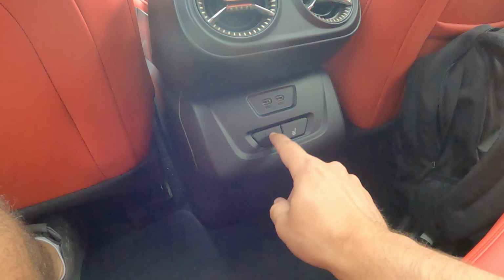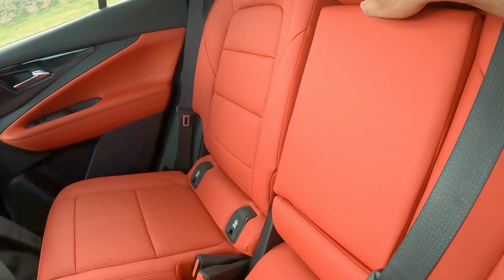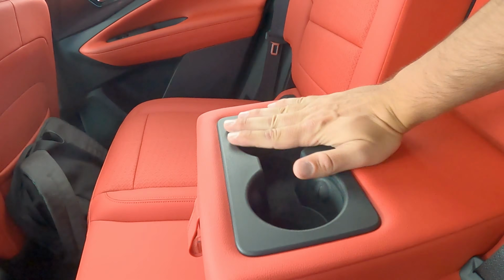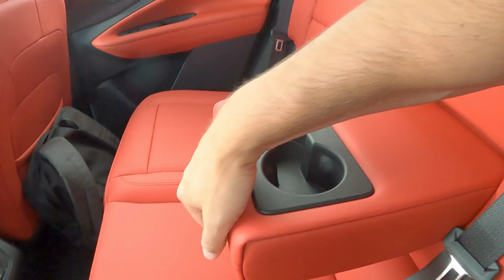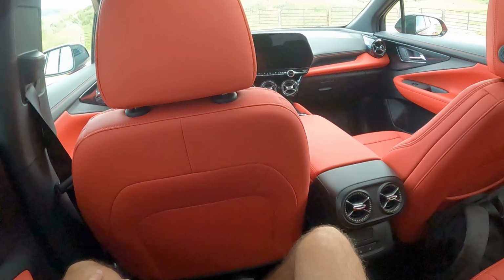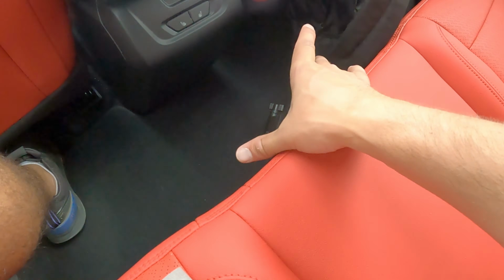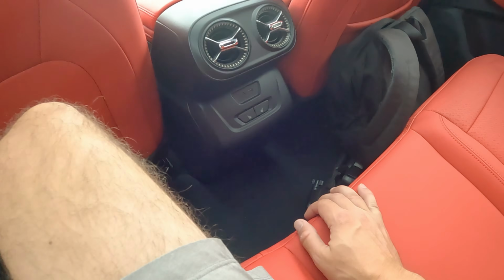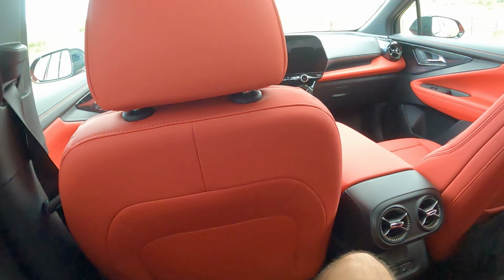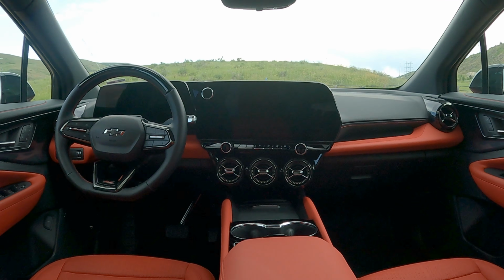Now, you do have heated seats back here in 3 different levels, couple of USBs as well, and last but not least, if we fold down this, yes, of course, we are going to find ourselves 2 cup holders right there. Very cozy back seat. I like it back here. The floor is, of course, completely flat since we don't have a transmission tunnel going here, which also, of course, is going to give you a lot more space for the feet and the legs. So with that said, we talked about the exterior design, the interior design, and now it's time to take this